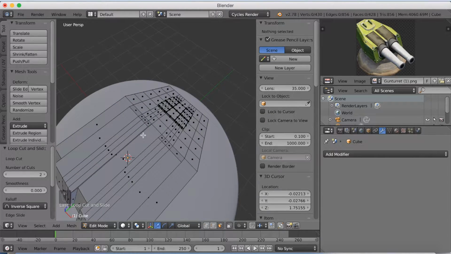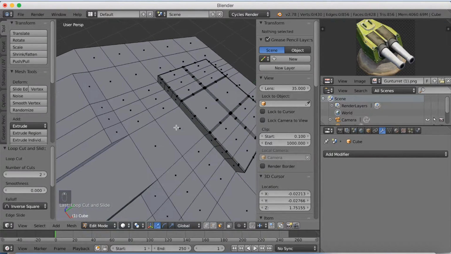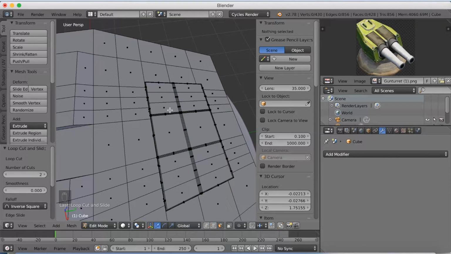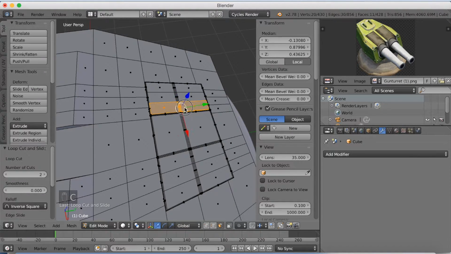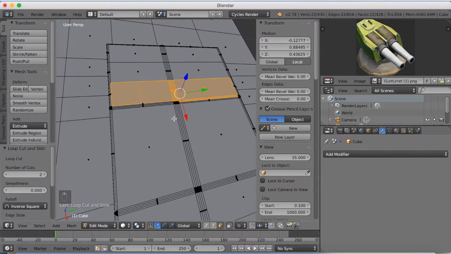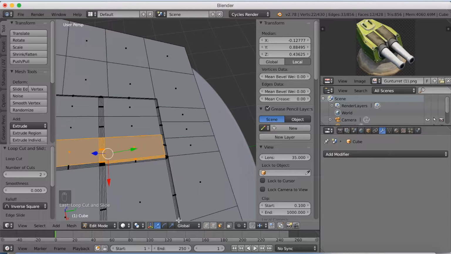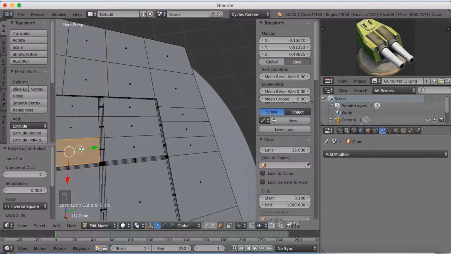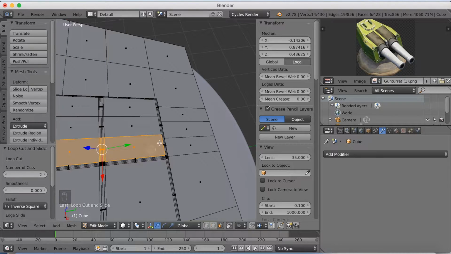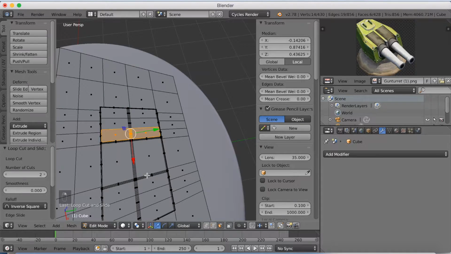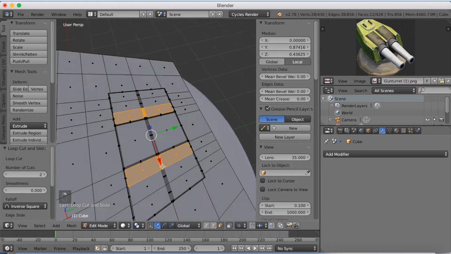This detail is actually not that important for the final result, but I just wanted to add the simple detail that you can see in the reference image, the kind of handle for getting into the turrets. So I'm just going to circle select and click the middle mouse button to deselect, and then hold the left mouse button to select. Okay, so let's circle select on the other side as well,